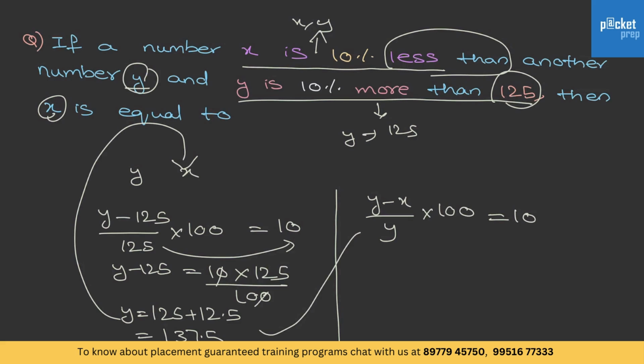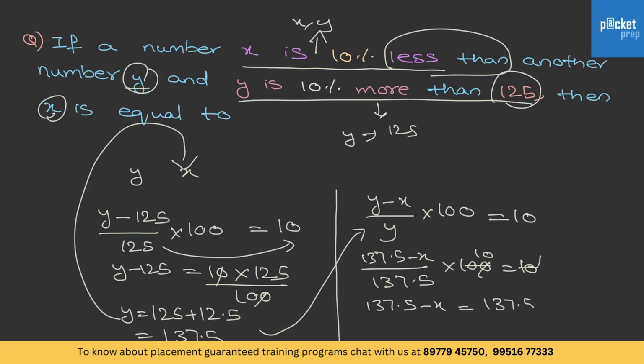Substitute the y value in this. We get (137.5 minus x) by 137.5 into 100 is equal to 10. 137.5 minus x is equal to 137.5 by 10, which gives x value as